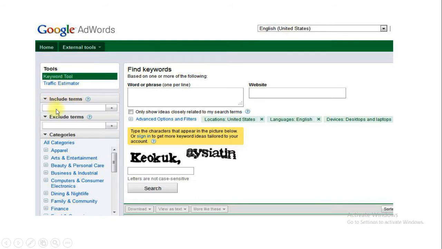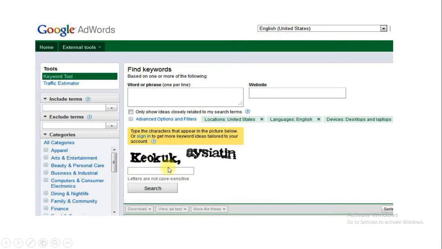Over here, include term means whatever term you want to mention or concatenate, that term can be listed here. Exclude term means you don't want to consider certain keywords, so those keywords can be written under exclude terms. Here is the list of categories. Here you can type any keyword for which you want to search, or you can also give the name of your website.